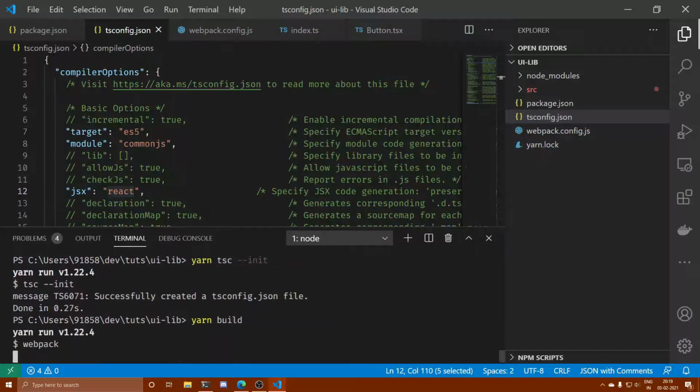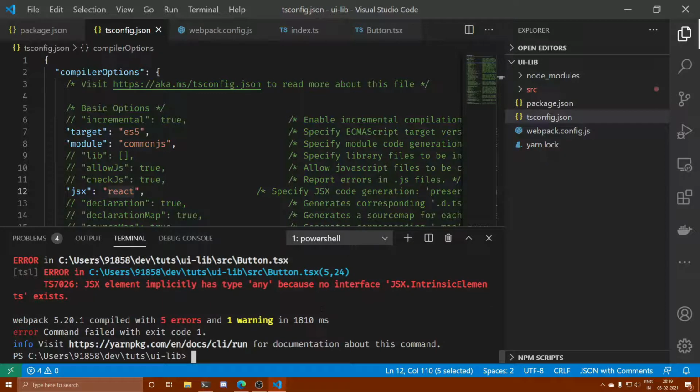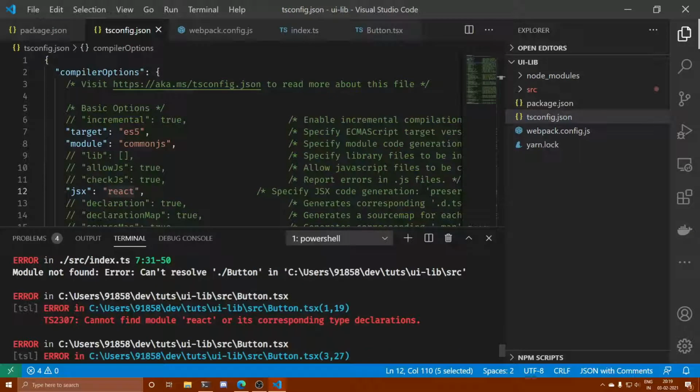So let's recompile it again. I'm just showing you all the errors so that you know why we are making certain settings. This is the very first error. Cannot find module React. So in this particular library, we are not going to bundle React. We will have this assumption that React will be installed in the project in which this library is going to be used. So React will be a peer dependency for this project. So a peer dependency is something which the target library does not have to install, but it assumes that it will be stored in the environment where this target library is going to be used.